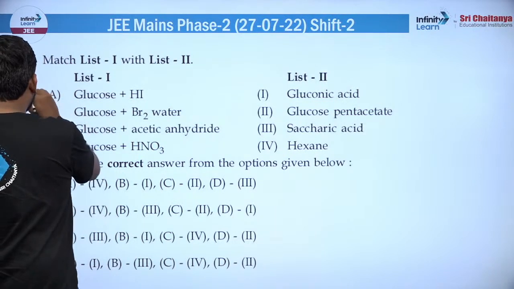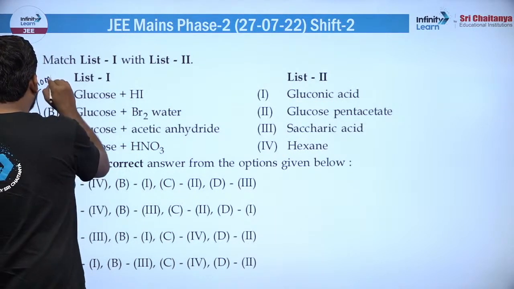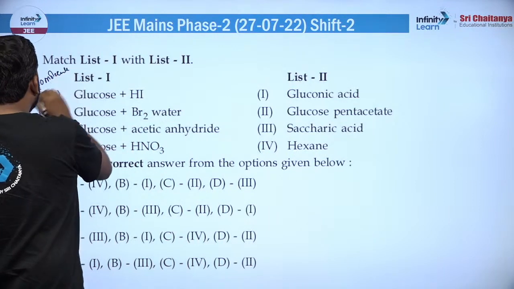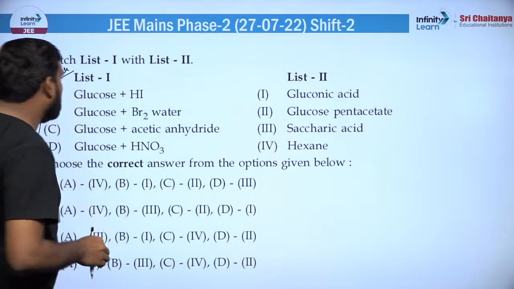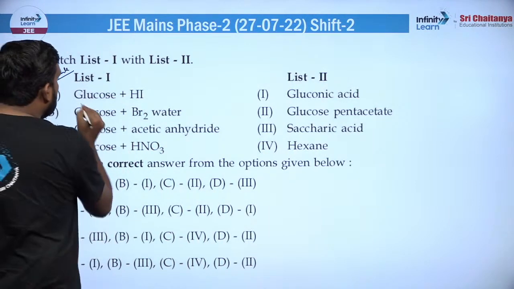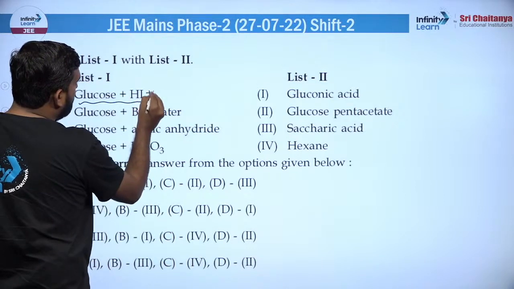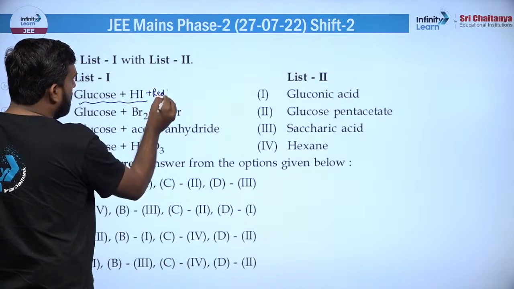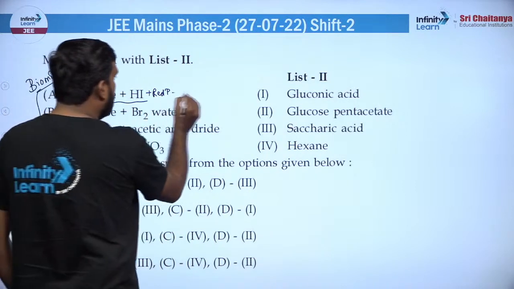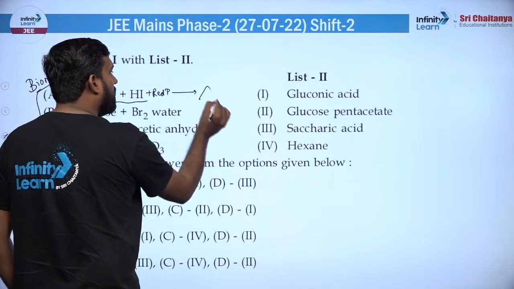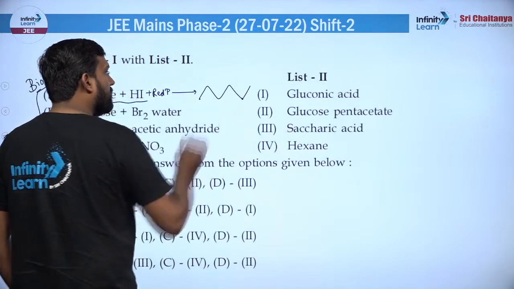ये रिएक्शन जो है ये बायोमोलिक्यूल्स की रिएक्शन है सारी के सारी, ठीक है। ये सारी रिएक्शन बायोमोलिक्यूल चैप्टर में आपको कराई जाती हैं, ग्लूकोज की सारी फेमस रिएक्शन। तो जब ग्लूकोज HI से रिएक्शन करता है इन प्रेजेंस ऑफ रेड फॉस्फोरस, इसमें थोड़ा सा करेक्शन की जरूरत थी, विदाउट रेड फॉस्फोरस ये रिएक्शन नहीं होती, तो ये हेक्सेन बना देता है, ठीक है।